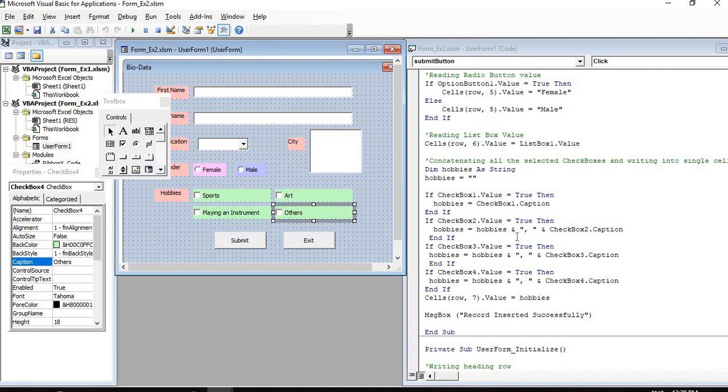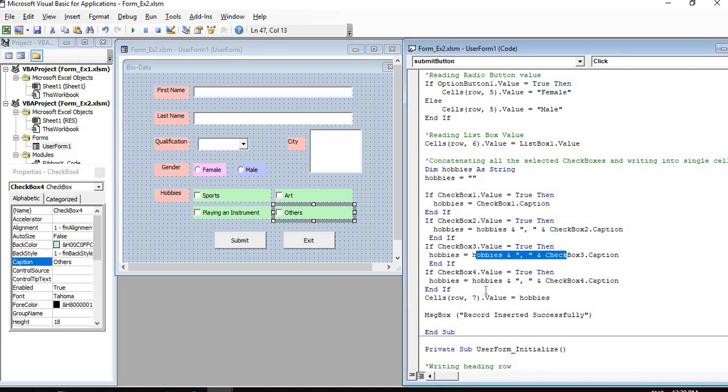So first hobby comma, second hobby is concatenated. Similarly, if the third one is also selected, then for the previous 1, 2 values, the third value is concatenated here. Similarly, the fourth value also. So whichever checkbox is checked when you run this, all those values will be shown as true. Then those checkbox captions are concatenated to the variable hobbies.